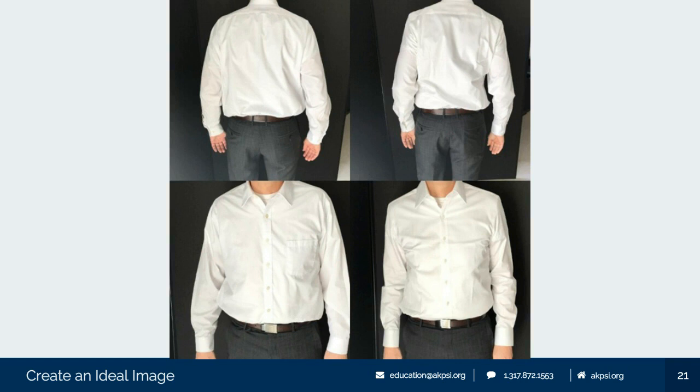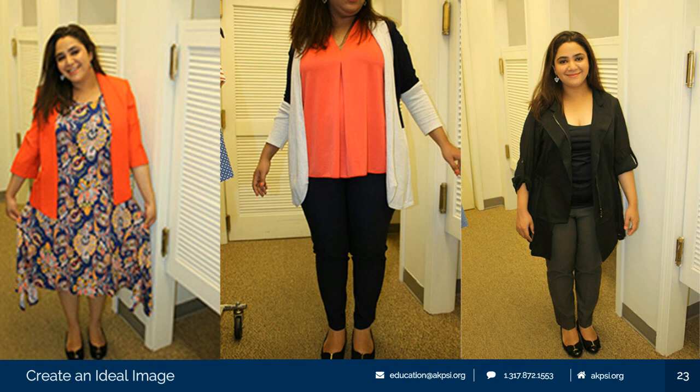This is a fun slide to me because of the fact that I can make you look like anyone. You can go in and buy something and you could look literally like anyone. So you really have to determine and be intentional about how you're shopping.